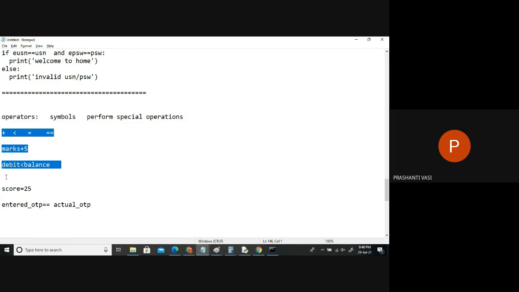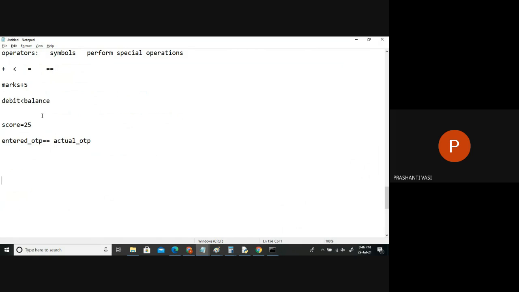So like this, we have a lot of symbols. Every symbol has a purpose for some operation only. And that's why we call it as operators, right? And we can understand that there are categories of operators, like arithmetic only for computational purposes. So for some calculations or computations, we can go for the arithmetic operators.